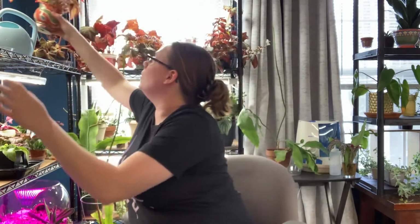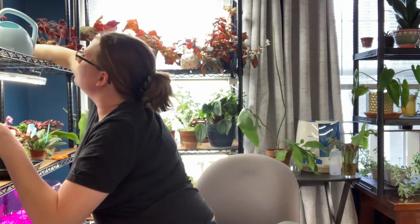And I got this, and then my friend got that for me. And I love this one too, but it's one of those things, if you can't find a particular one, that's what I like about begonias, there's so many different ones of them that it almost doesn't matter, unless you're one of those people who's like, I have to have this particular one. There's ones that you can find that have kind of the look of the one that you want, even if you can't find that particular one, or if you're looking for that one for a really long time. So,